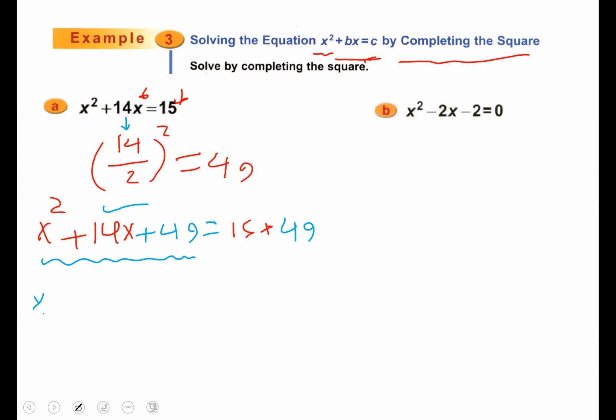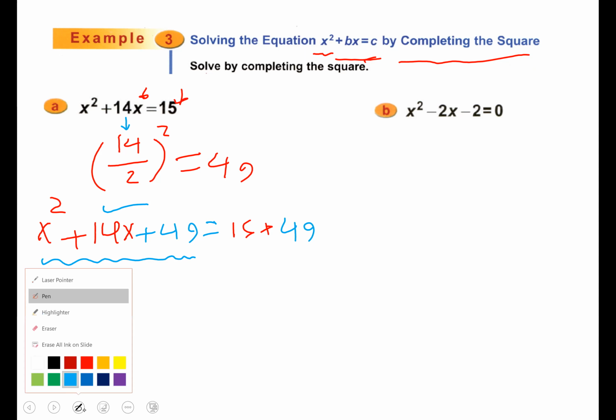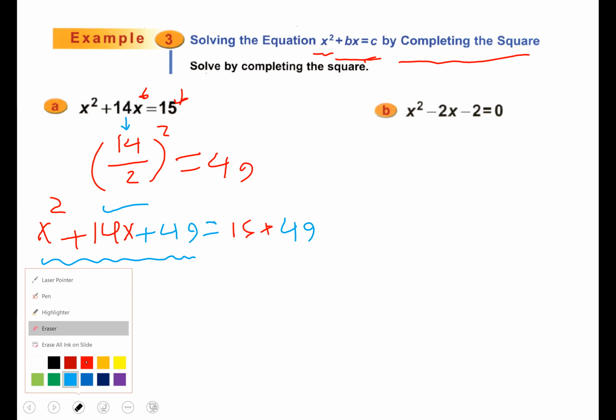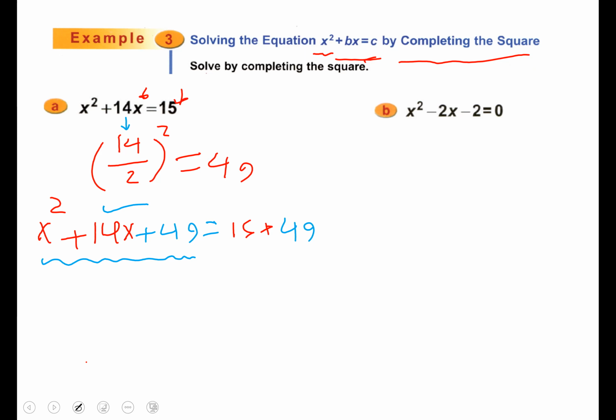Let's write x squared plus 14x plus 49 equals